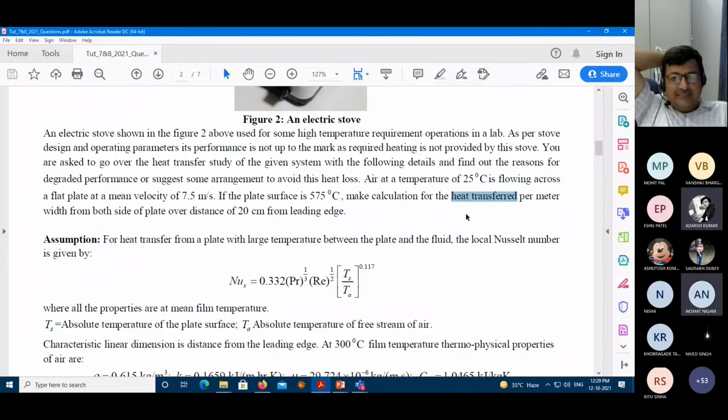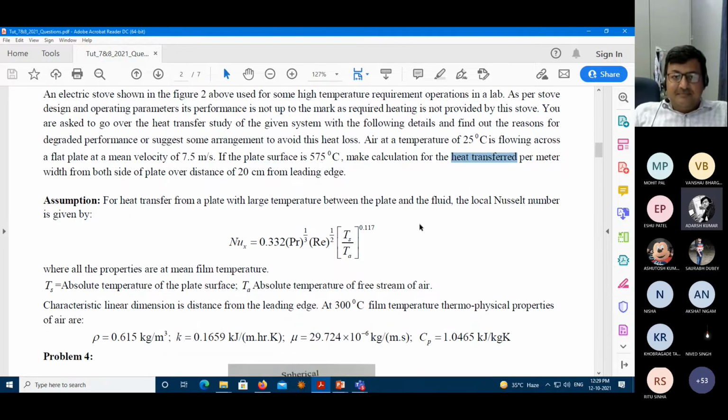Now you have to understand what is H, right? How you obtain the H? So Nusselt number contains the H, right? This is hL by k, right? So essentially, you have to calculate the Prandtl number, you have to calculate the Reynolds number, you have to use this correlation in order to get the h from here, correct? So then you have the Q. Is it clear? Yes, sir. So what is the Reynolds number?